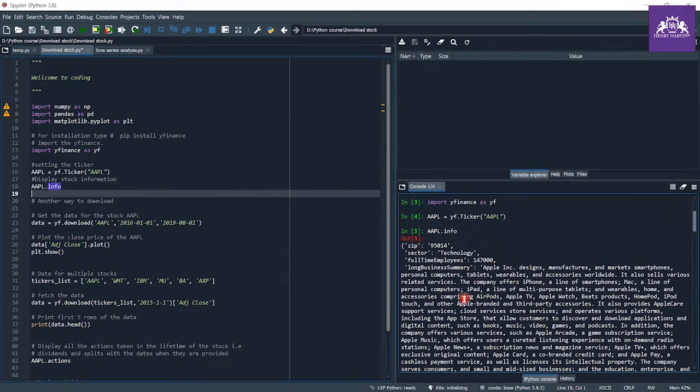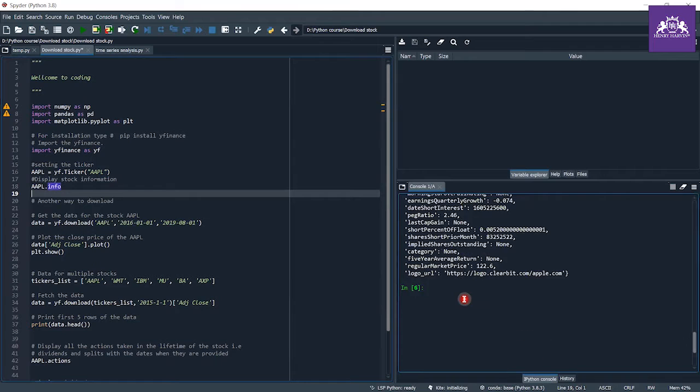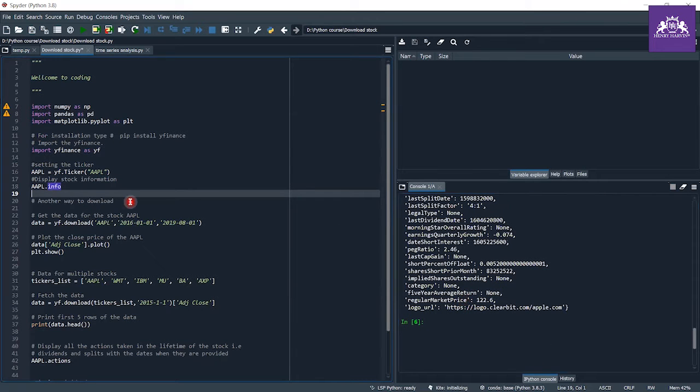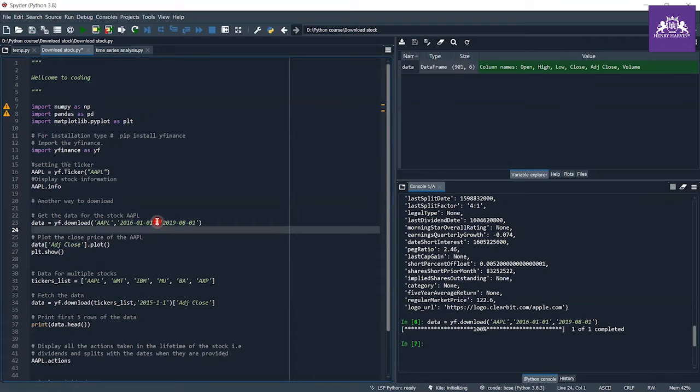Moreover, try another way to download. If you want to download according to some time frame, like from this date to this date, then you can just write data equals yf.download, and here, as you can see, that's how it downloads the data.